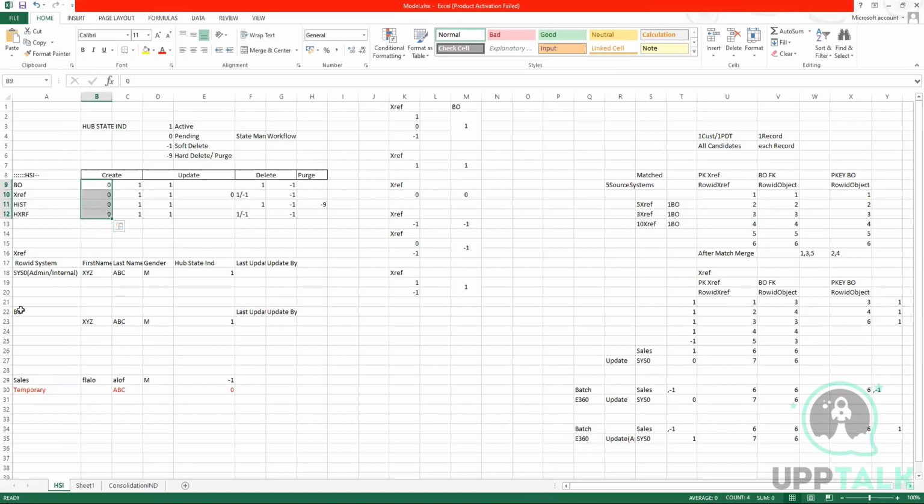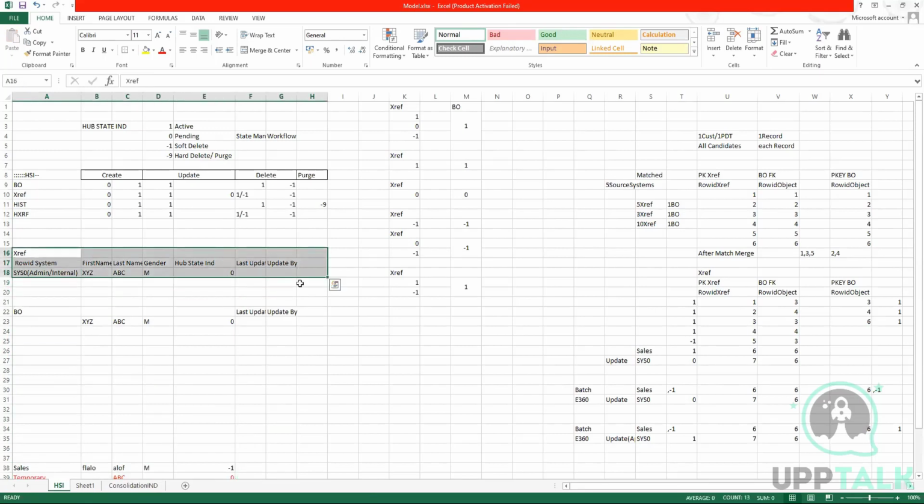So let's say this particular record got created by workflow, then this is something we will see. Even in the history, we'll see the same thing. We'll see the cross-reference history also in the same way. What is the difference for cross-reference and history would be,